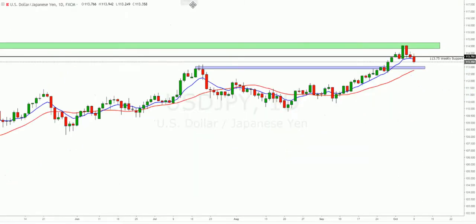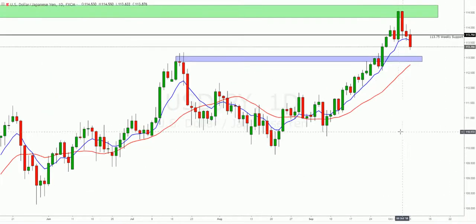So onto the daily time frame, and we did have that bearish inside bar following meeting that 114.50 target, and following that did have a little bit of indecision. However, we were still bearish, closed below the 113.75 weekly support, which has now turned to resistance, holding on that blue exponential moving average. But already today price has smashed through that level as we look down to this 113 region